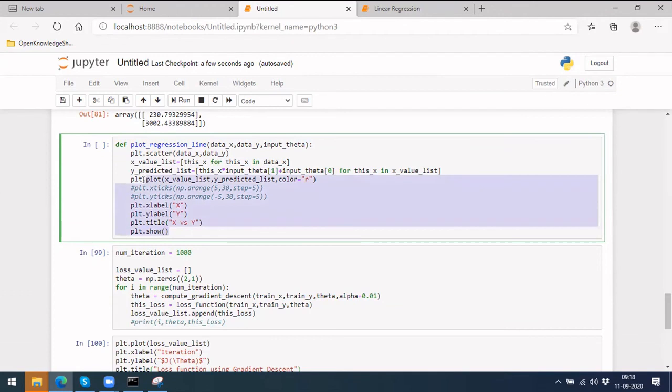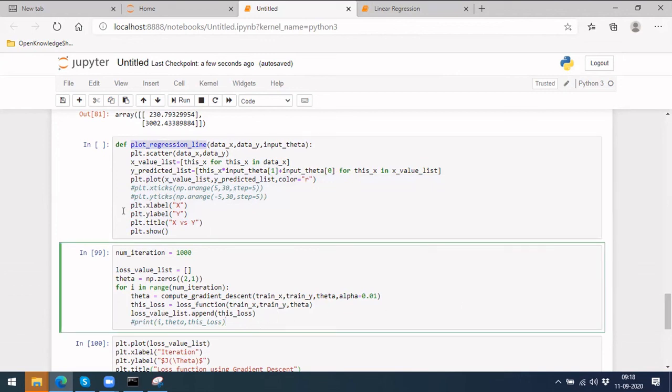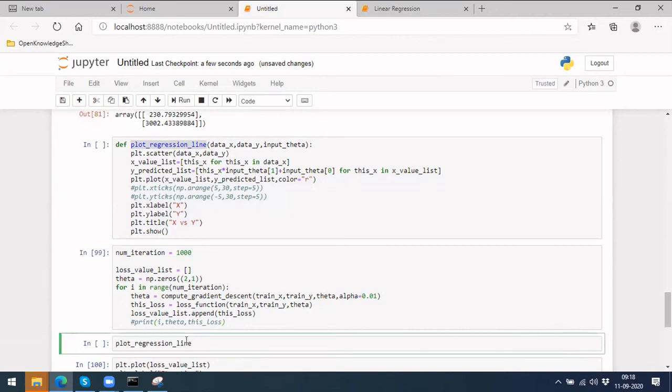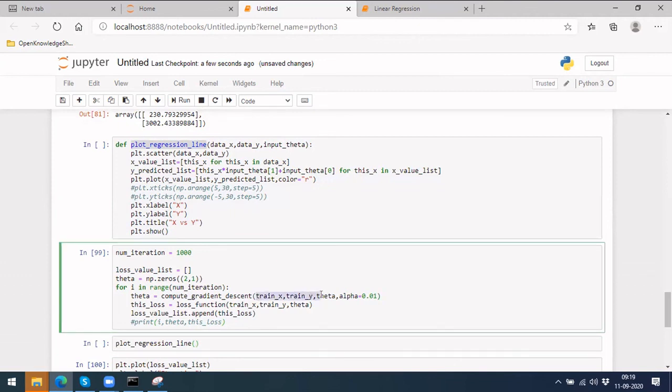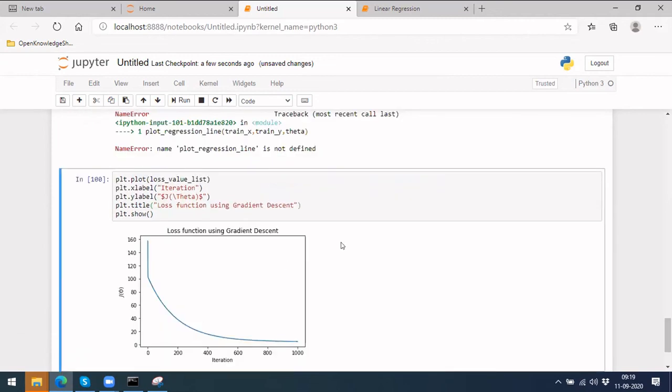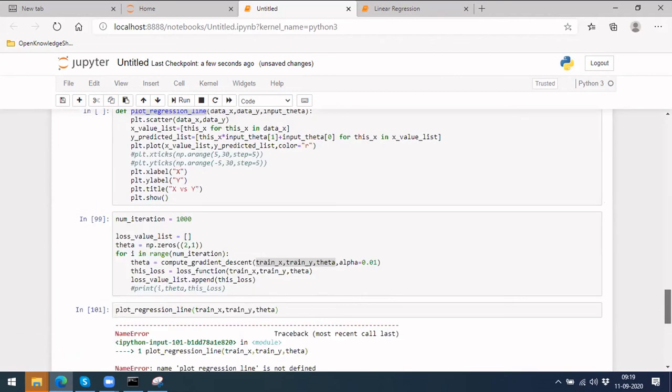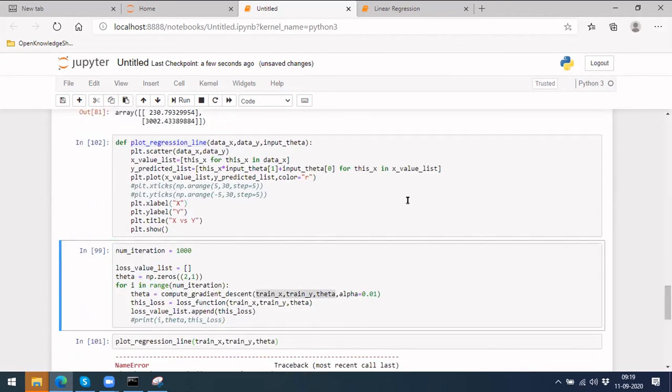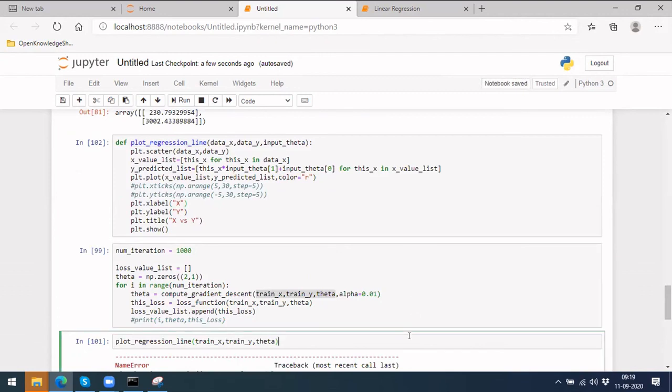Now I'm going to take this plot regression, and let's first draw what we have learned finally after all our learning, for a few iterations, and what it has plotted here. Let's plot it. Oh, I did not run it, so let me run it.